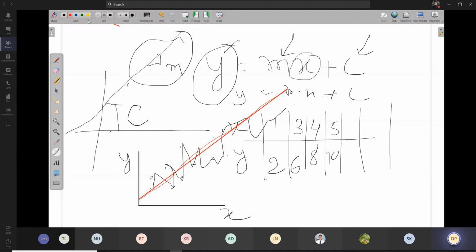Or maybe somebody will try to draw a line like that, and they will see whether maximum points are very close to this line. Or somebody may take another form and say this is how it can be done. Okay, so there could be many forms you can take and you can connect the points.